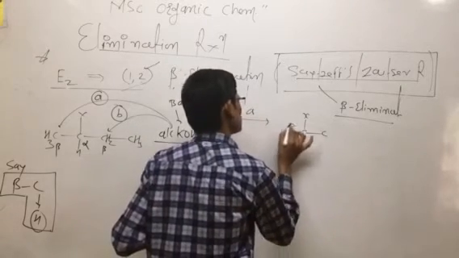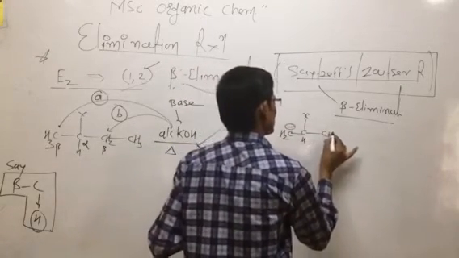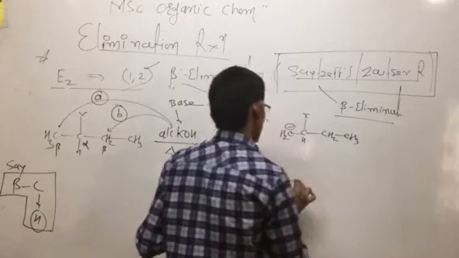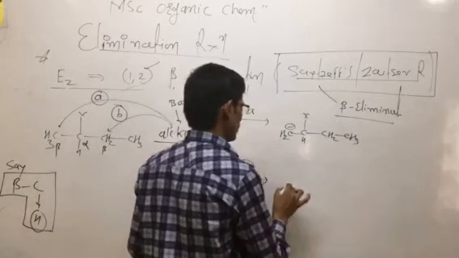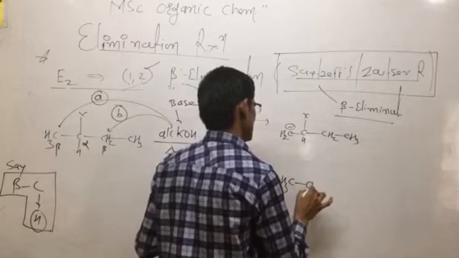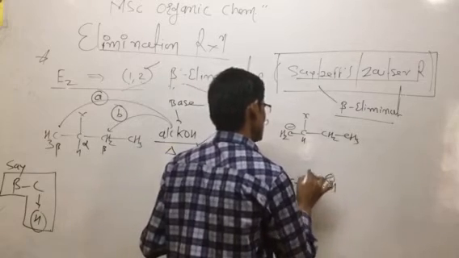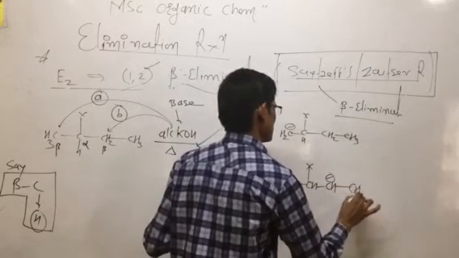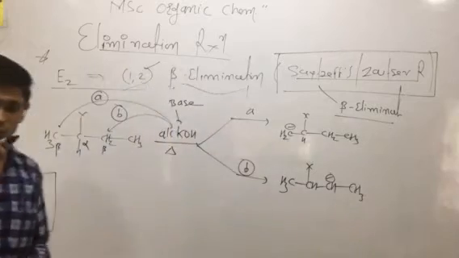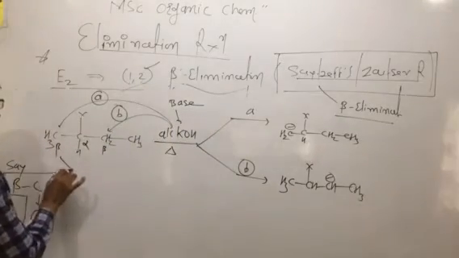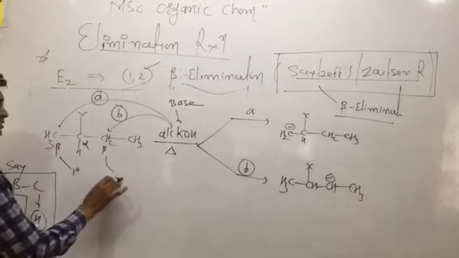This CH3 becomes CH2 with a negative charge, H, this is CH2 and CH3 as it is. Again if we go through the B route, then this CH3 is as it is, this CH has a negative charge, this is the X atom and this is the CH3. There is formation of two types of carbanion. This is called the primary carbanion and this is the secondary carbanion.